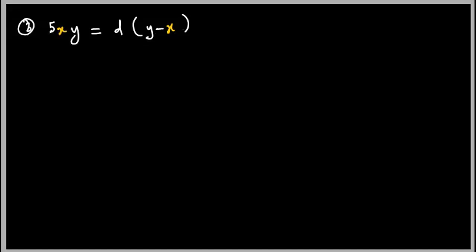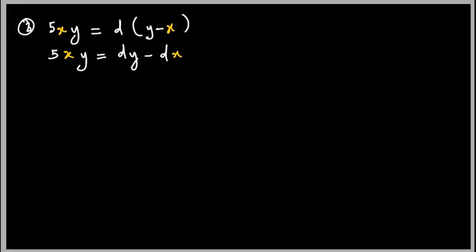Now solving this, we then have 5xy is equal to d times y is dy, d times minus x is minus dx. Now we need to take like things in x. Everything containing x should come to one side, others go to the other side. So without wasting time, we have 5